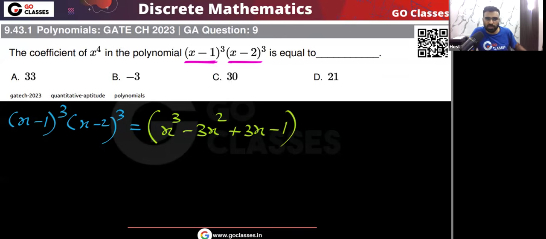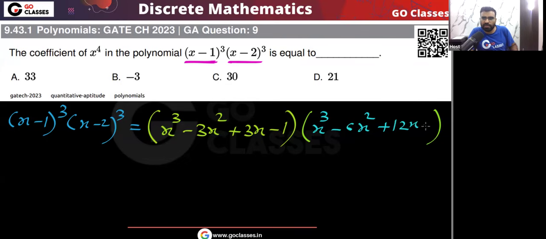And (x minus 2) cube will be x cube minus 3x square into 2, so that will be 6x square, plus 4 into 3, that will be 12x, and minus 2 cube, that will be minus 8. Okay, so now you can easily solve it.